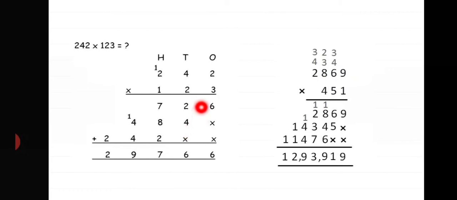So the next number is the number at tens place. So that is number 2. So 2 into 2, that is 2 2s are 4. 2 4s are 8. Again 2 2s are 4. So I'm done here. Now I'm going to do the third set of numbers. So again, as it is the third set of numbers, I'm going to put 2 placeholders. So 1 and 2. So let's start with the third number. 1 2s are 2, 1 4s are 4, and 1 2s are 2.